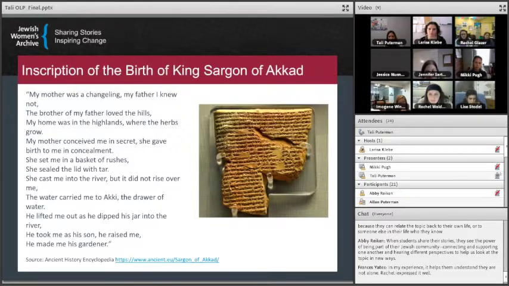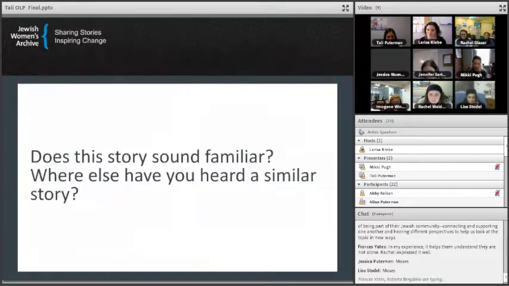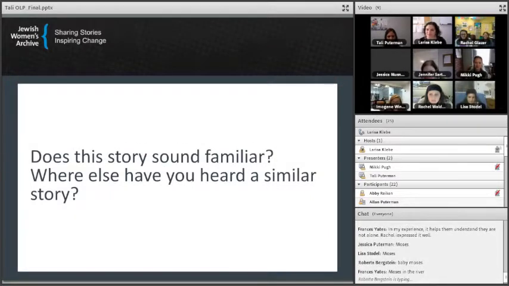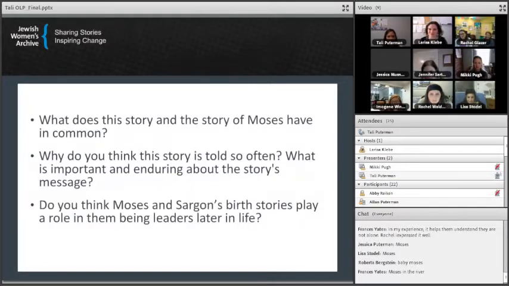So if we look at that text for a moment, I'm wondering if it reminds you of any other story that you may have heard before. Is anything familiar? Anyone can just feel free to comment if the story rings any bells. A bunch of people saying Moses, Moses in the river, baby Moses. Great. I'm seeing a lot of people recognizing this story is very similar to the story of Moses,